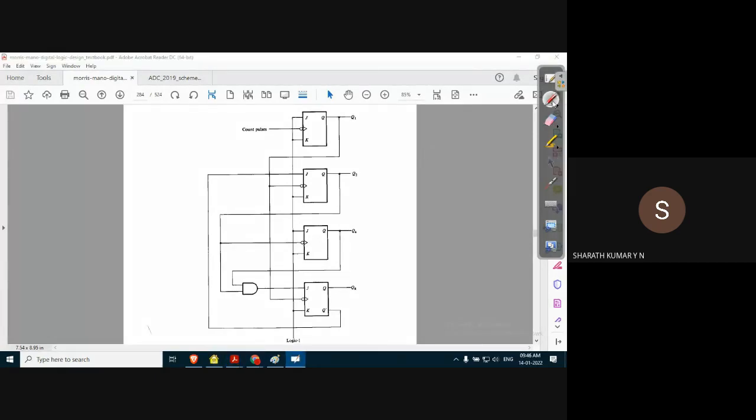This is the same diagram, similar to what we saw for the 4-bit ripple counter, but there is a slight change in the design. This is a 4-bit BCD ripple counter.